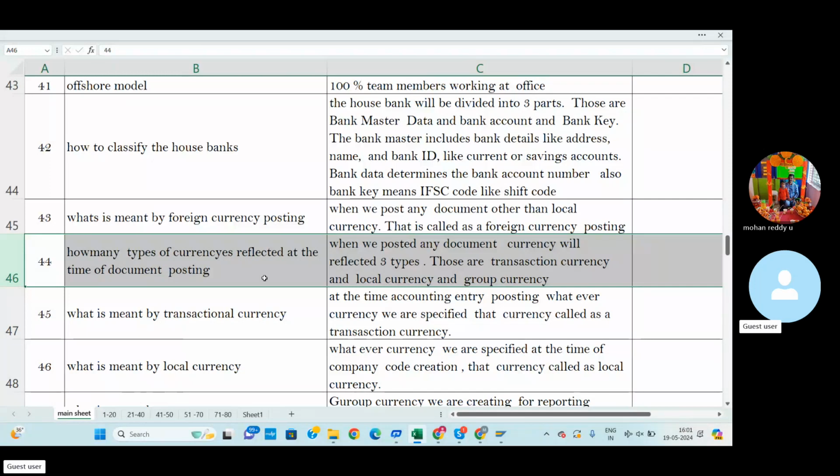Those are transaction currency, local currency, and group currency.